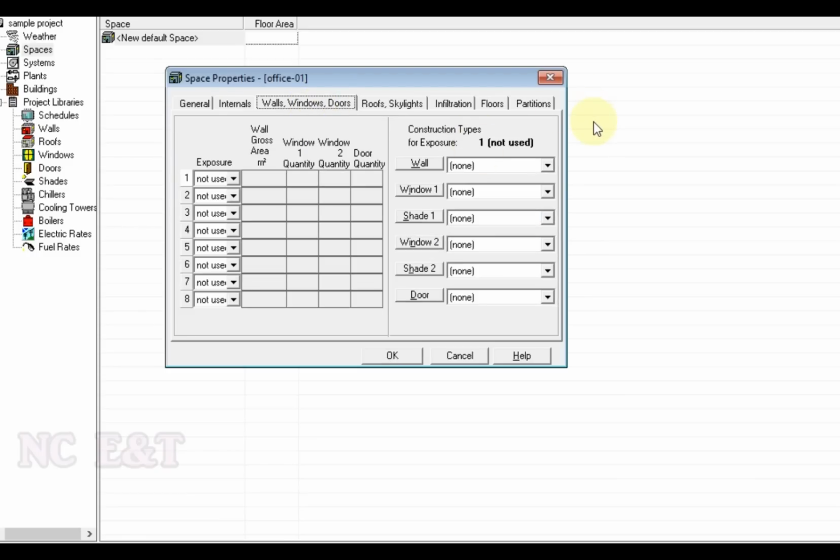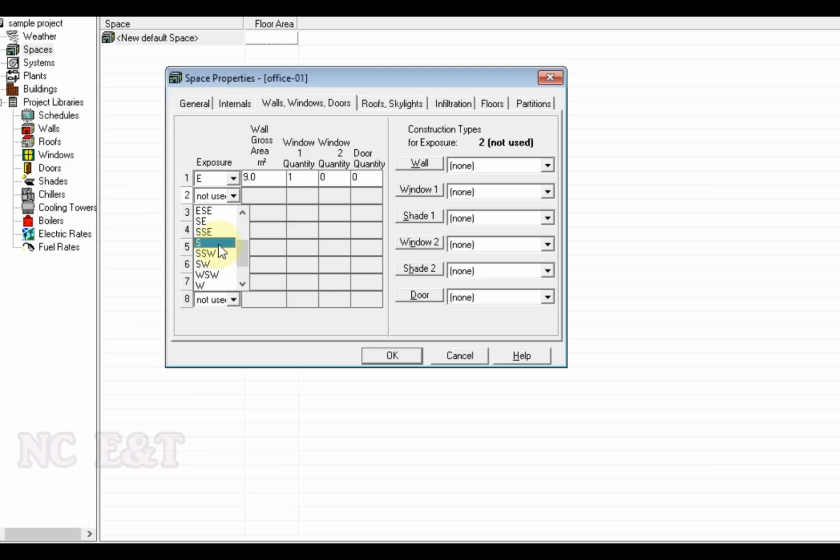In this room we have two exposed walls, one towards east. We will select this in the area for this wall. As we assume the height of the room 3 meter and we have the width of the wall 3 meters, so the area will be 9 square meter, and we have one window in this wall, so we will put one. We have another wall towards south.